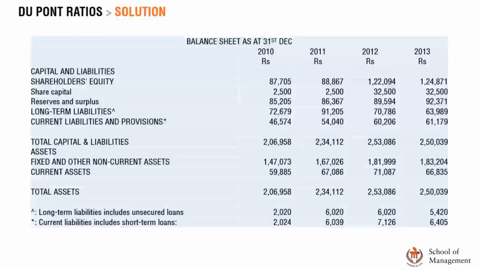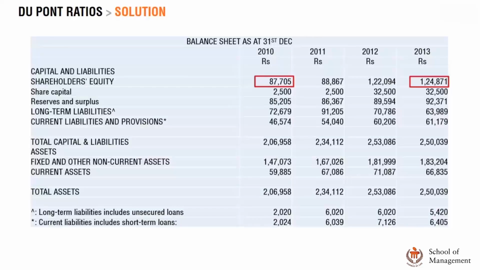First, it can be seen that the company's long-term or fixed assets have gone up from 147,000 to 183,000 in the 3-year period, which means the company has invested rupees 0.36 lakh in long-term assets or fixed assets. Next, we also see that the shareholder equity has gone up from 87,705 to 1,24,871 at the end of 2013. This shows an increase of 37,166